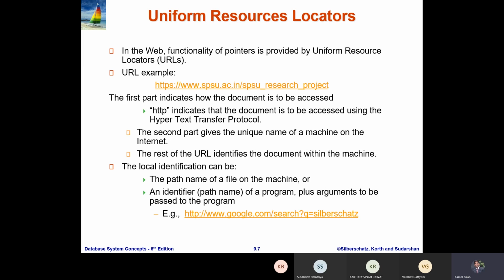It depends on the type of the country and the type of the organizations where they register their URL. So it's very important. Now the local identification you can also identify through the path name and the file name. Whatever path name you give, you can access that particular document also.